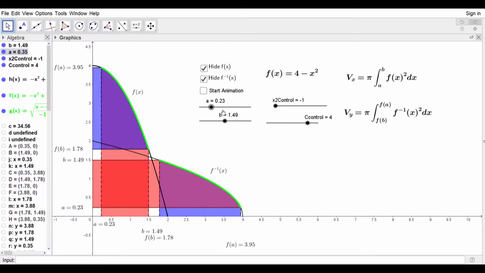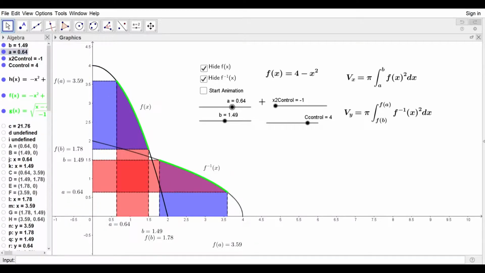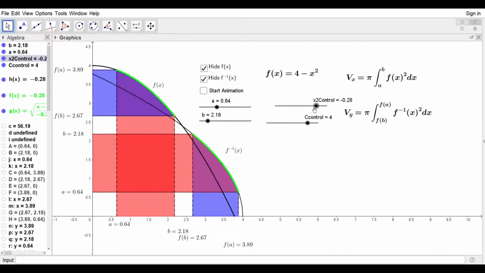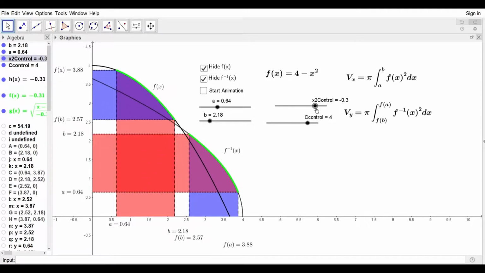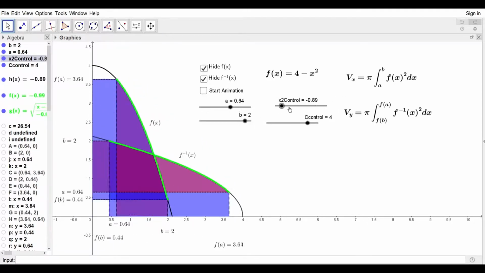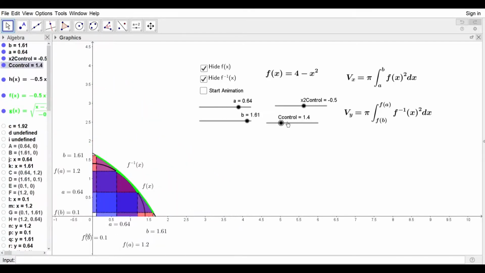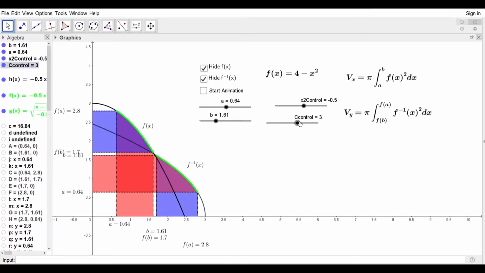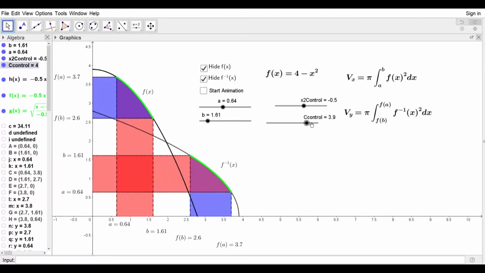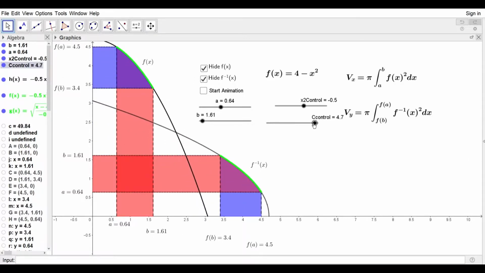Lastly, I quickly want to show that this does not only hold true for our 4 minus x squared. So I've introduced a little control here where we can change the constant in front of our x squared. So before it was minus 1. Now we can set it to, let's say, minus a half. And we have the constant control that we're adding. So the 4 we can set to a higher value, such as 4.7,